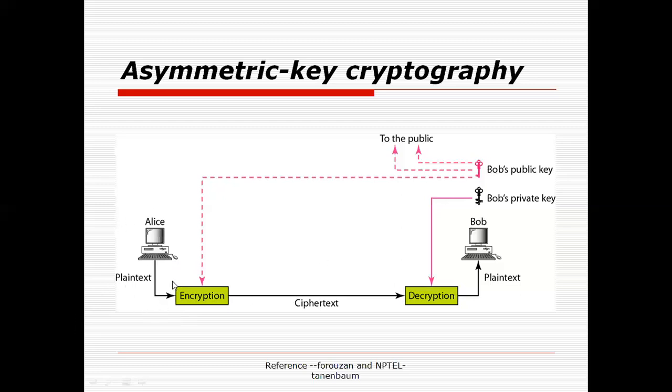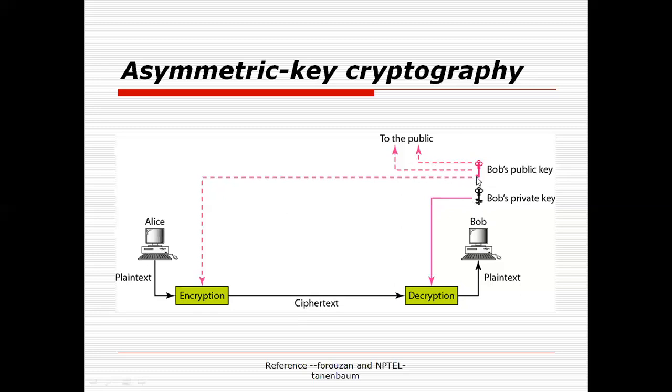In this communication, no key of Alice is used, only the key of Bob. So for encryption purposes, Alice will use the receiver's public key. Then with the encryption algorithm, for example RSA, the plain text is converted into ciphertext. Then at the receiver end, Bob will use the decryption algorithm. Along with this, Bob will use his secret key, that is called the private key. This key is only known to Bob and Bob's public key is known to all the public.